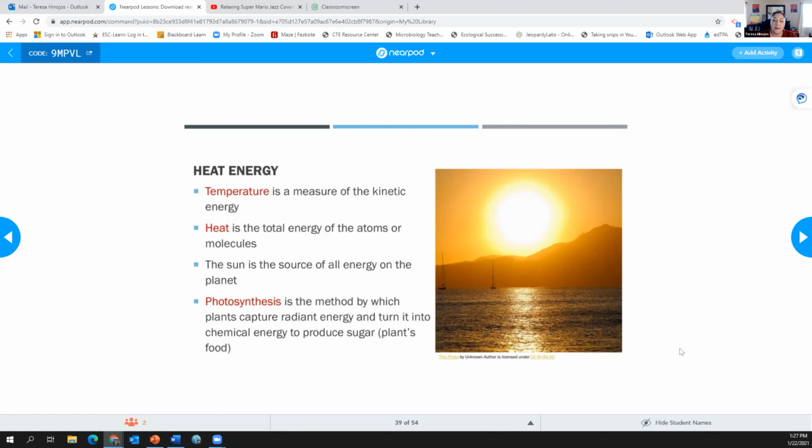And so the other thing we have to understand about energy is that the sun is just the source of all energy on the planet. So the sun is generating this energy, which is radiant energy, right? It's giving off that light. It's producing heat energy, and plants are the first ones to pick it up. They're absorbing that energy, and then that's how they're going to make their glucose or their food. And then that's how they